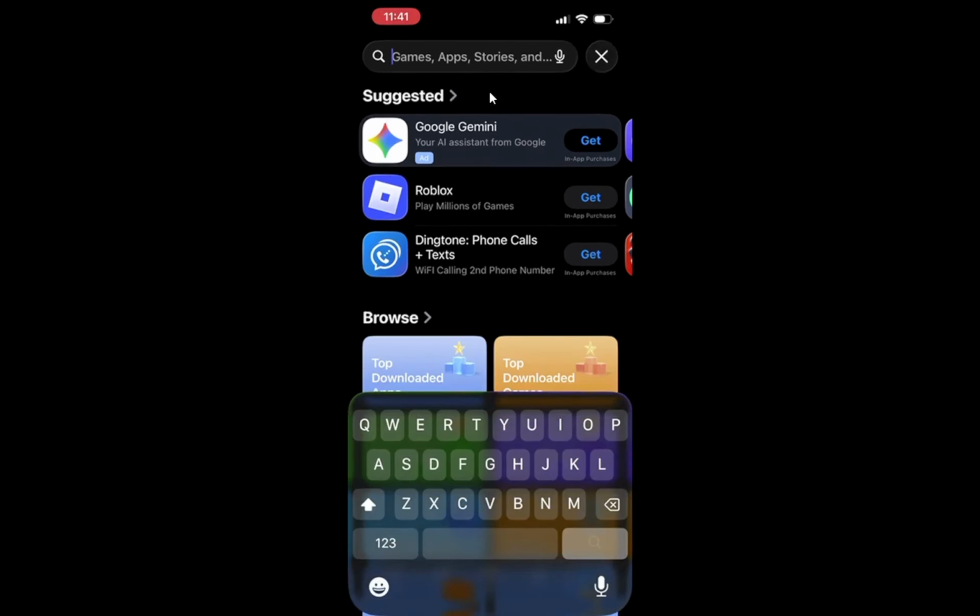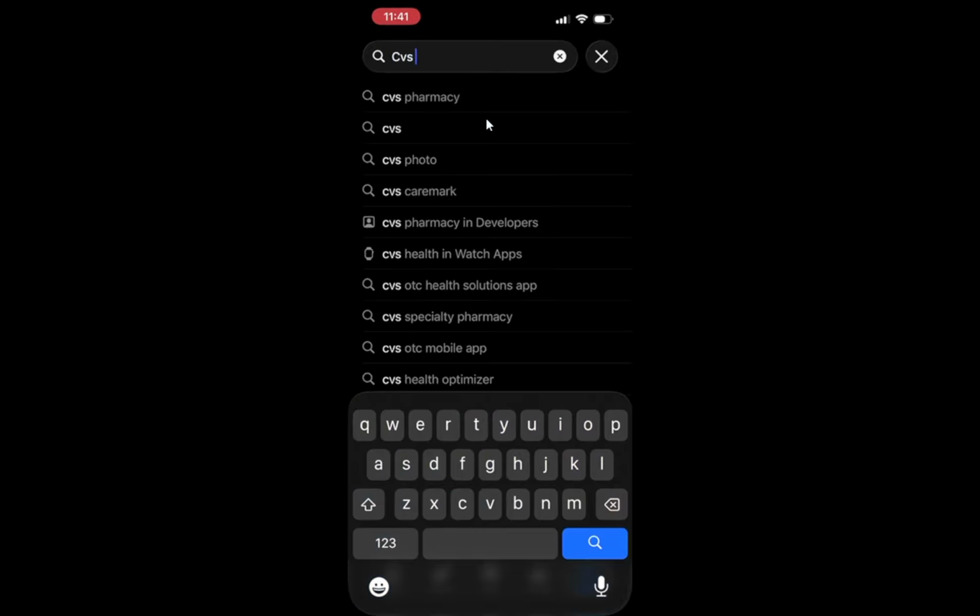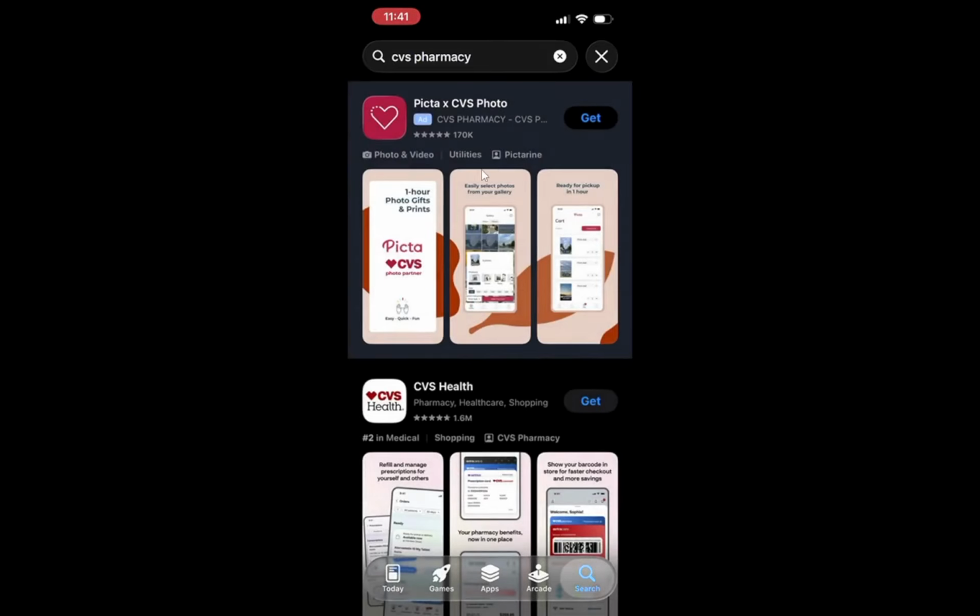On most phones, the keyboard will slide up from the bottom so you can type. If you see previous searches or suggestions appear under the bar, that is completely normal and you can ignore them. Next, type CVS Health or CVS Pharmacy into the search bar, then start the search. On Android, you can tap the magnifying glass on the keyboard. On an iPhone, tap the search button.